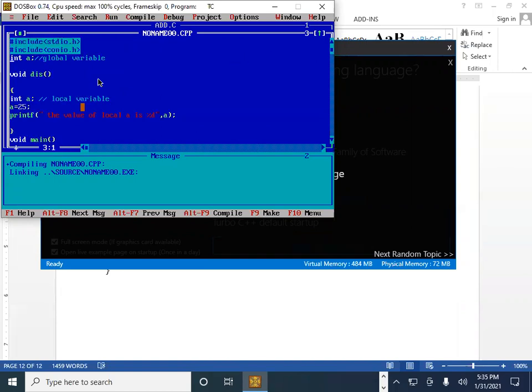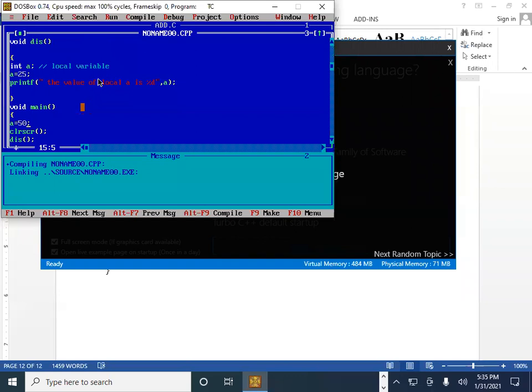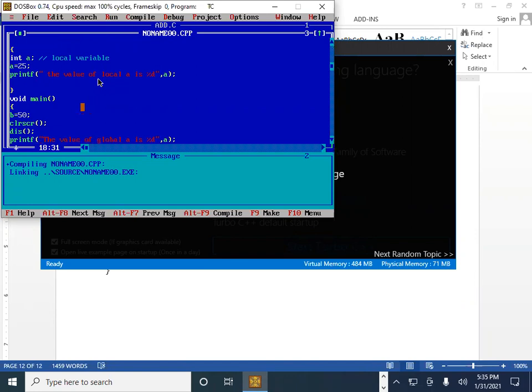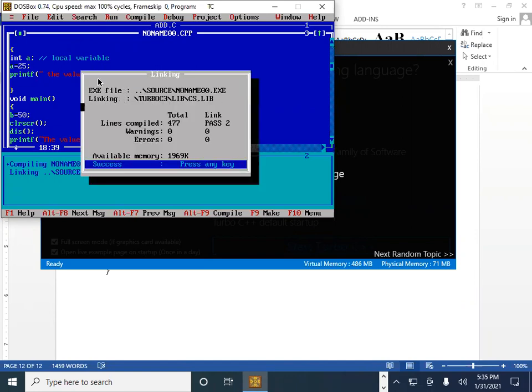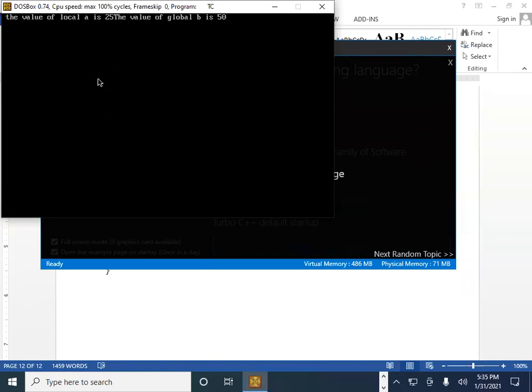Suppose we change its name to b, and here we do b equal to 50 and the global b. Here we get the output: the value of local a is 25 and the value of global b is 50.